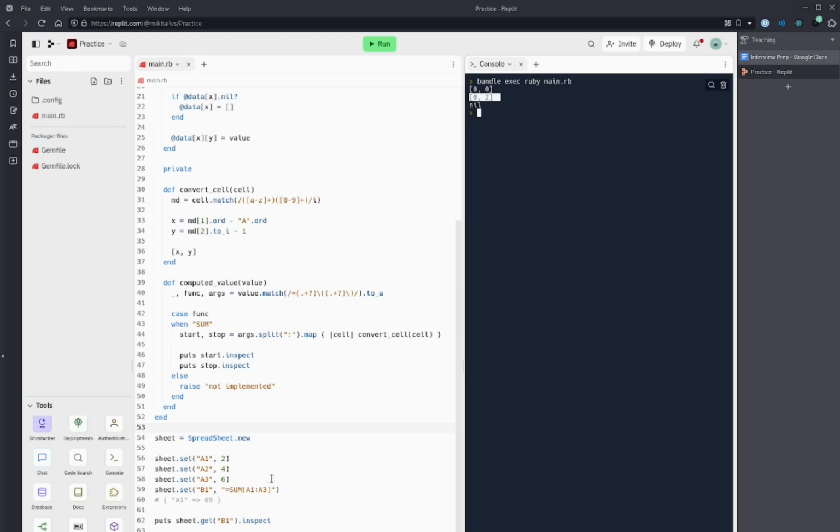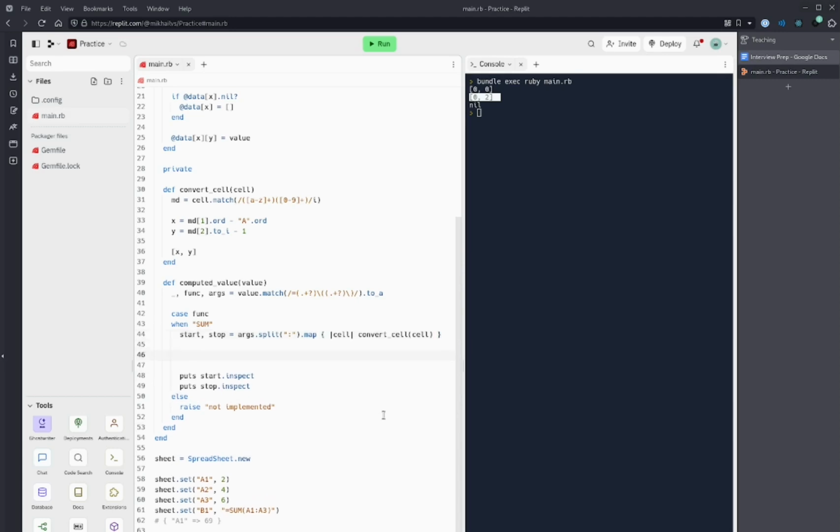Okay, so there's kind of two ways, I guess 3 ways that sum works. You can sum a column, you can sum a row, or you can sum a block. So if you started at like A1 and stopped at D5, that would be a square. And I think we'll just pretend like they always have that square shape rather than just a column or a row, because that should work for any kind of thing. So basically what we do is we grab,